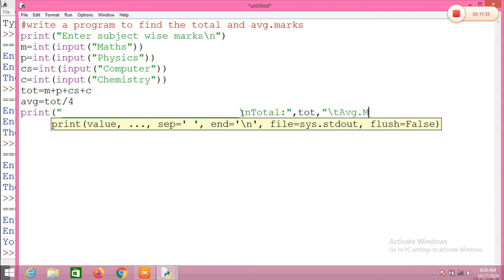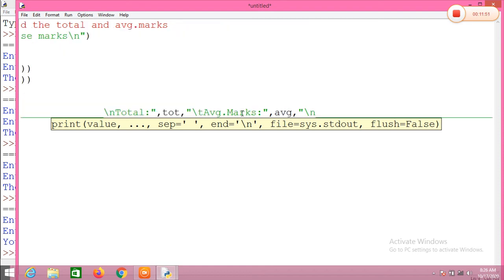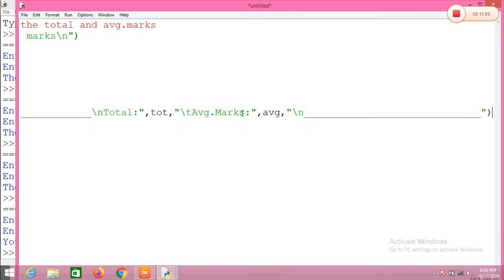Average marks, double quotes, average marks stored in a variable avg, right? After displaying the average marks, again you need to go to the next line and give line spacing, right? Okay, so I hope you understand.